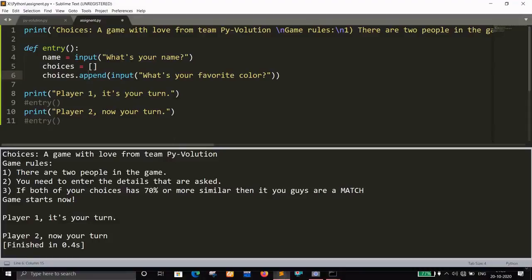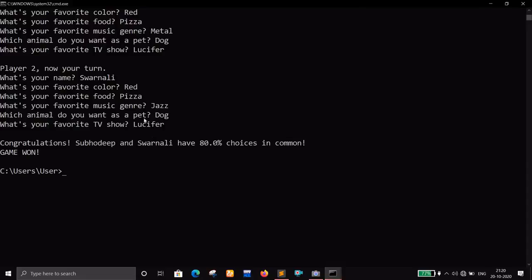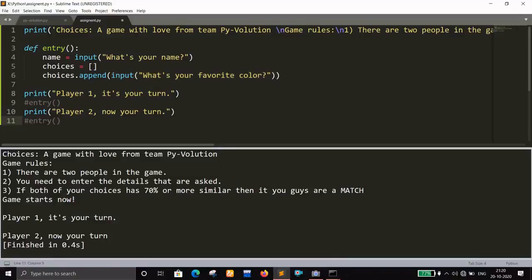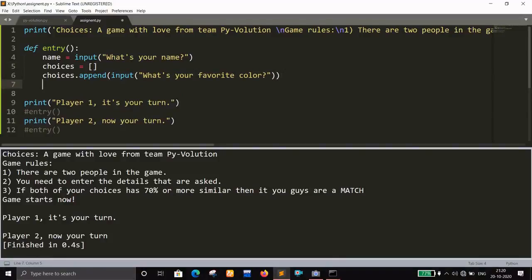But have a look at this. Inside this we have said give me one input, and whatever that input will be, we will just pass it. So what is your favorite color? If I say my favorite color is red, red will replace this thing. So this will be red, and then this will be passed into this. Don't really worry, because I will show you using Microsoft Paint. And just like this, choices.append,